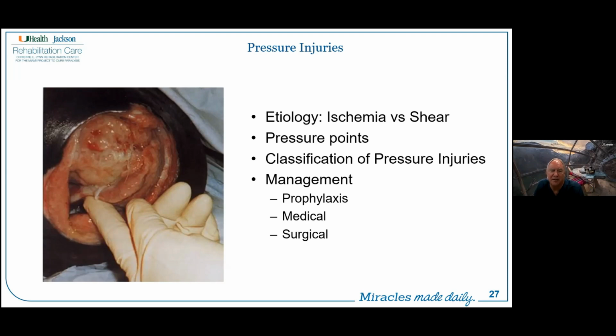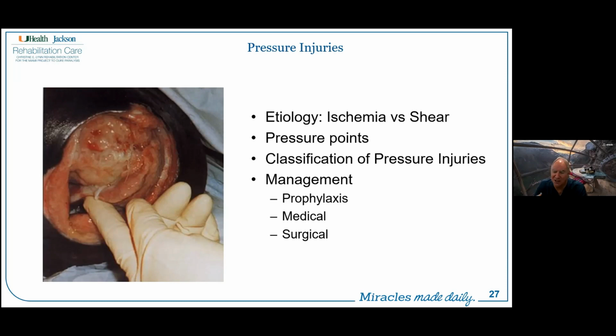So a big part of pressure injury management is prophylaxis. To the extent possible, the prevention of pressure injuries is what we're going for. And so that's going to have implications with regard to their mobility devices, whether or not they are able to do a complete pressure relief without a powered wheelchair tilt in space type of system. And so therapists and our skin specialists are going to be working closely together to optimize the type of wheelchair that is needed, but as well the wheelchair cushion.